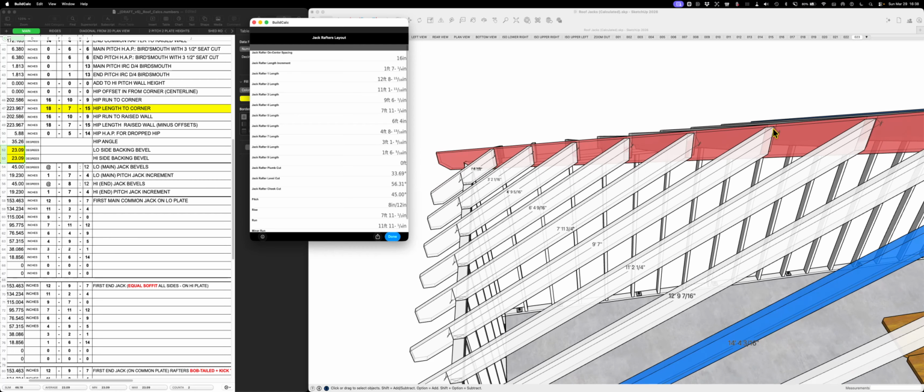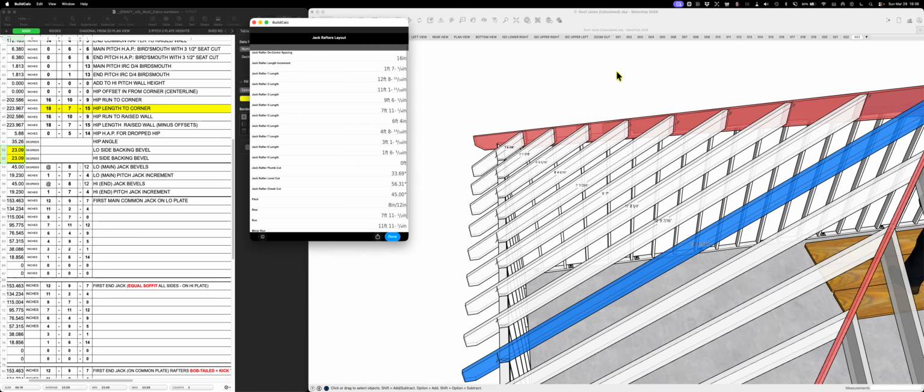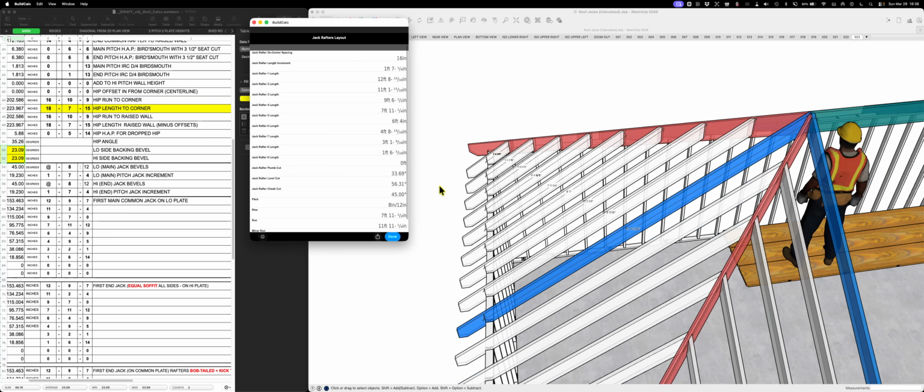So I can't use Chief, even though they have, man, it's a powerful piece of software, and they can make it look really good. They can show you a framing 3D. But even though SketchUp's a lot more work,